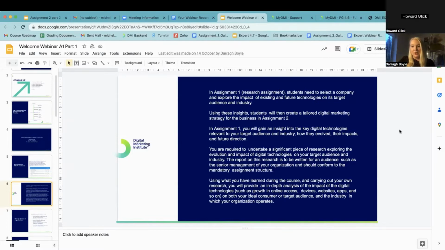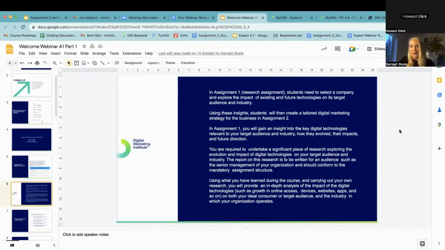gained and the strategy that you've built. You could really do this in essence to become an expert in your area. You might just want to do it to help a friend with their strategy, or there might be a certain industry you might have an interest in, and this might be a good way to get a foot in the door by asking them if you could use their business as an example and work with them on this, in another industry that you might want to learn more about. So feel free to choose any industry or any area that you're interested in.